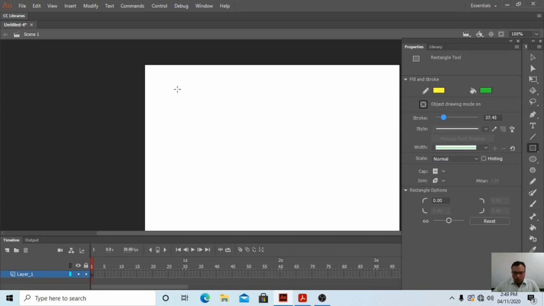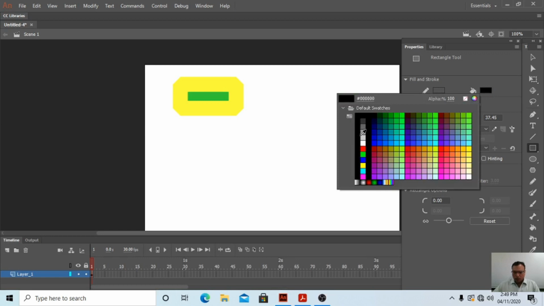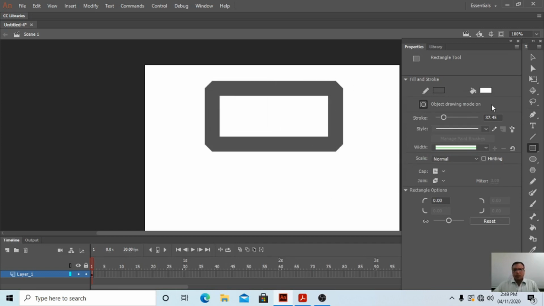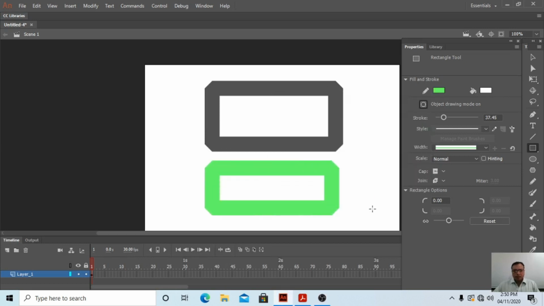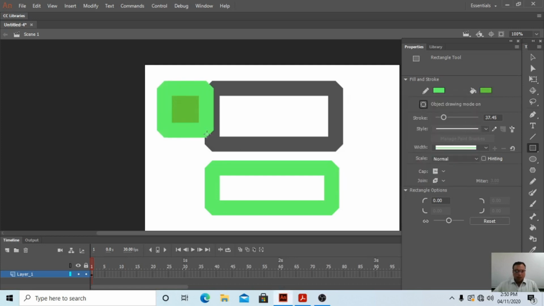Now when we draw it, yes students, you can see there are two options. This one is yellow, this is for the stroke and this one is for green. This is a fill color. We are making this form white so you can identify it. This is color. If you want to fill the color, do it this way. So you have done this, students.